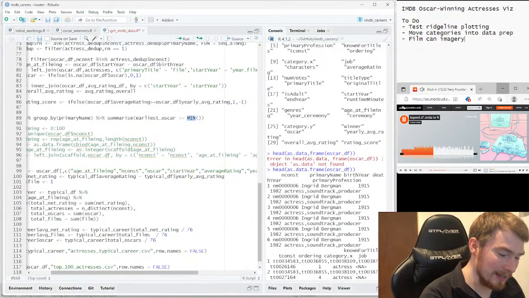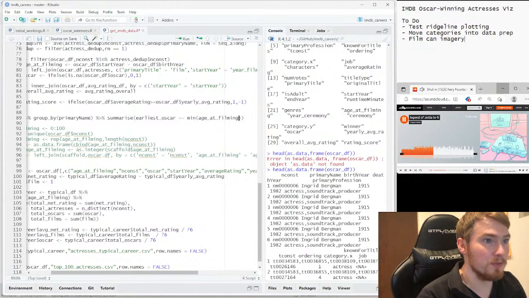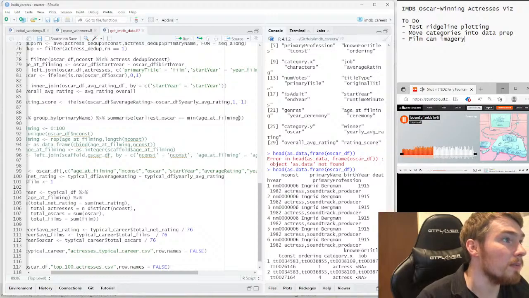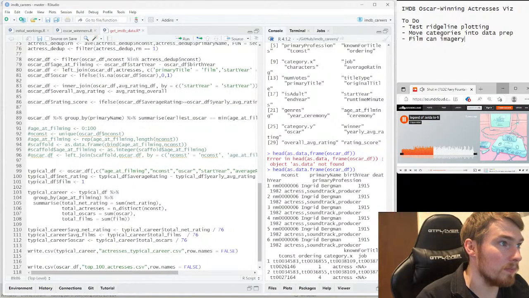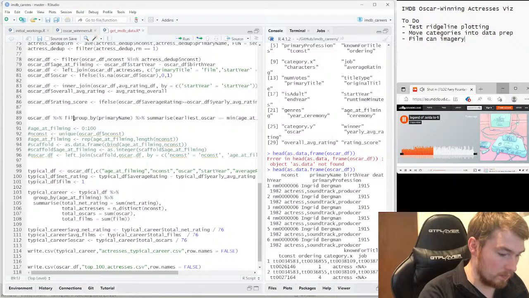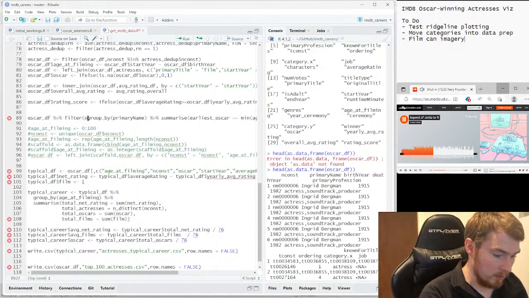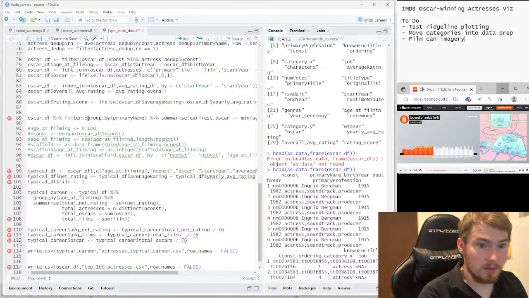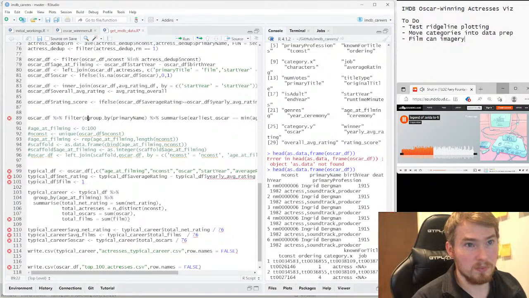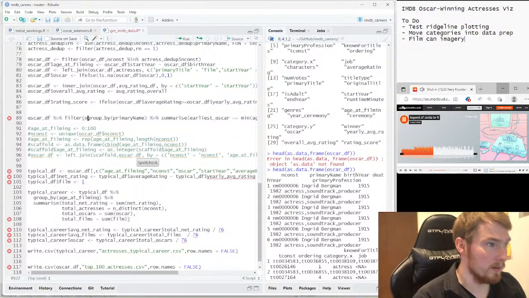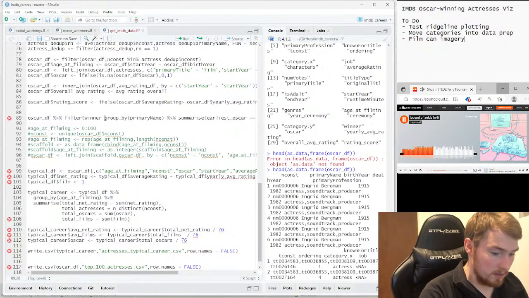Oh, you can tell I've been doing SQL all day. Age at filming. Filter Oscar. Was it Oscar or was it winner? Yeah, winner equals 1.